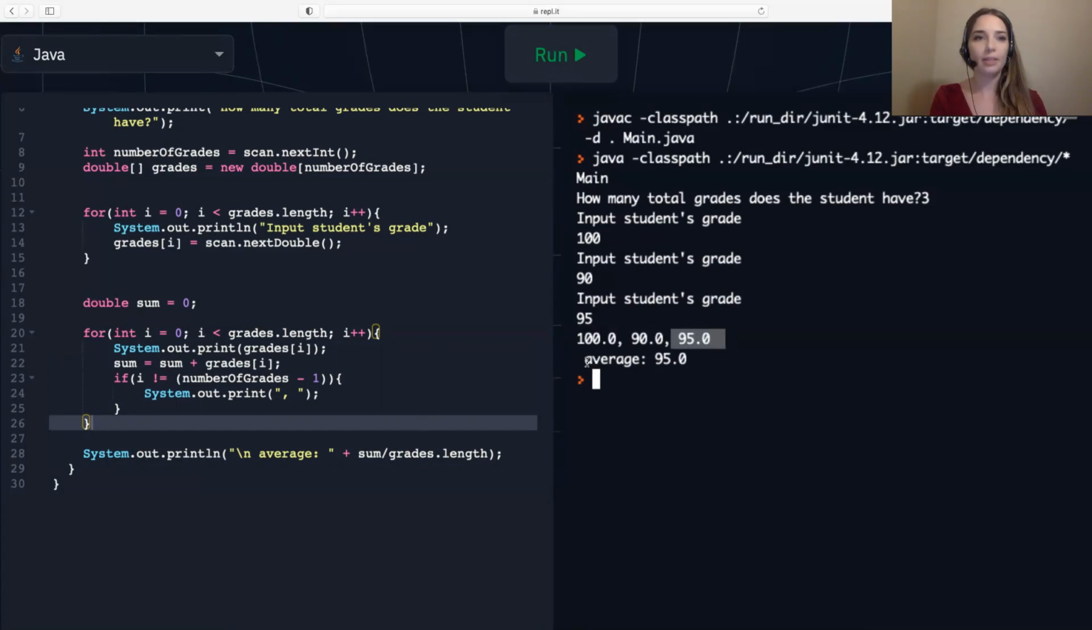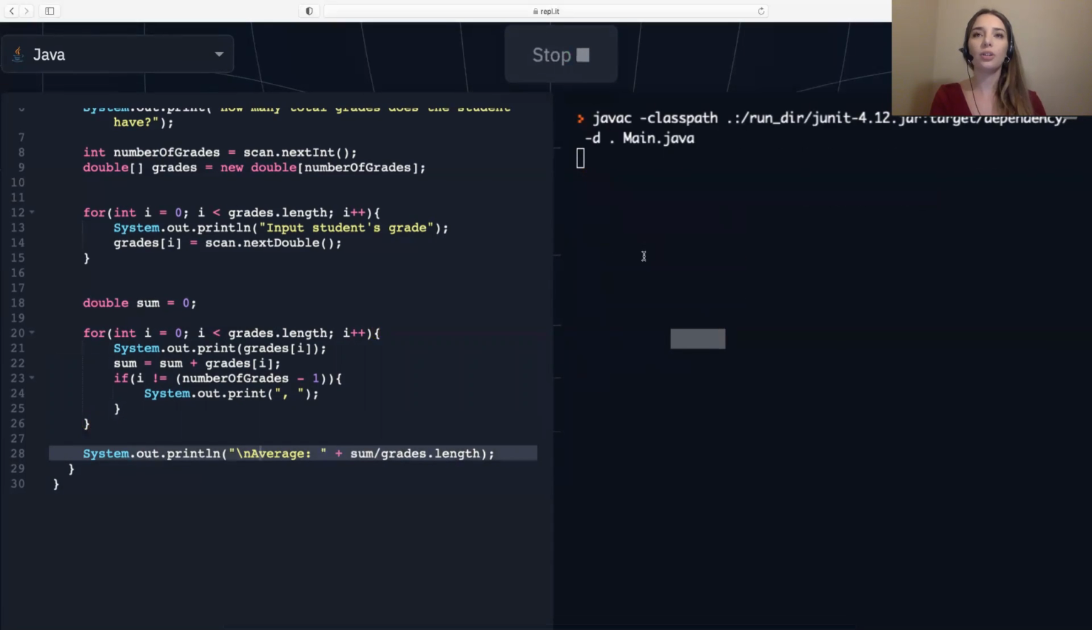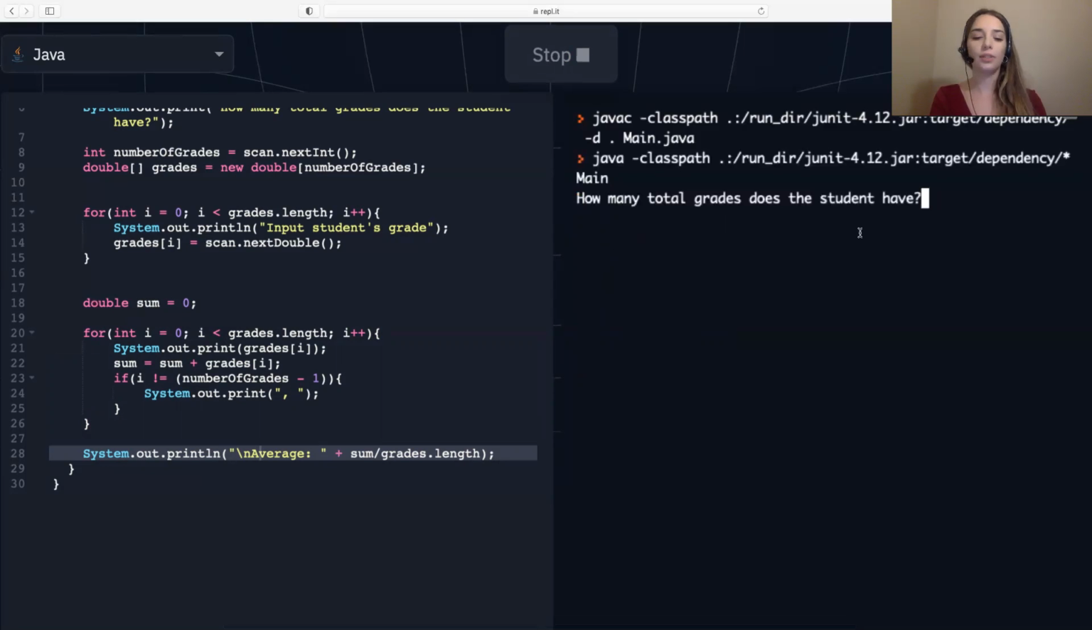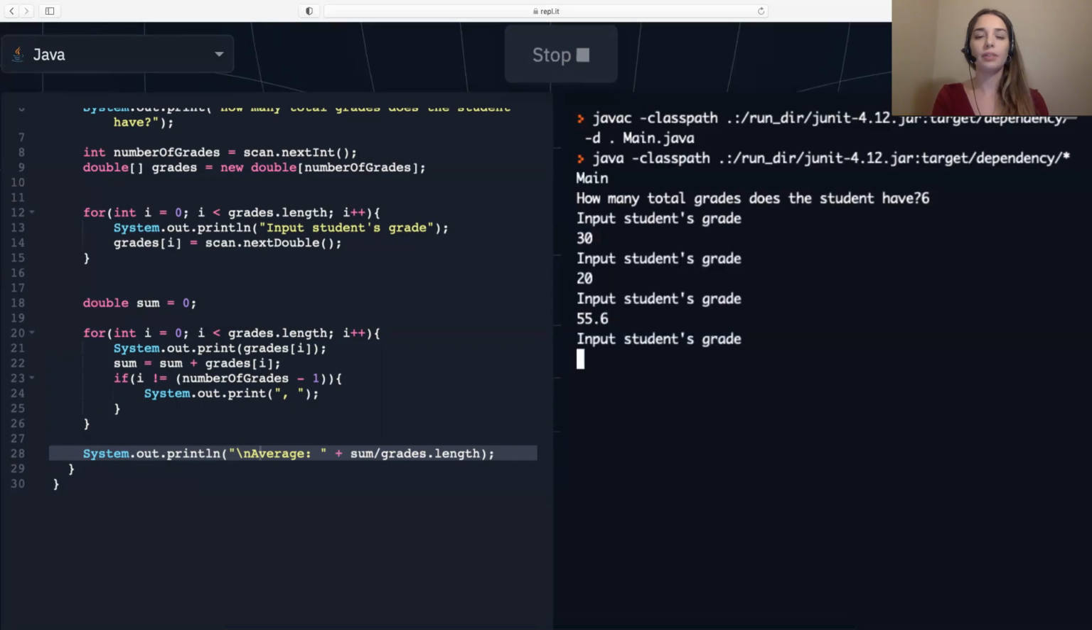Now there's a weird space here. All we have to do is erase it here, maybe capitalize the A, and then we are good to go. Let's try a few more numbers and make sure that our program is running smoothly. So what we could do is say there's 6 numbers this time. Let's say there's a 30, 20, say 55.6, 29,